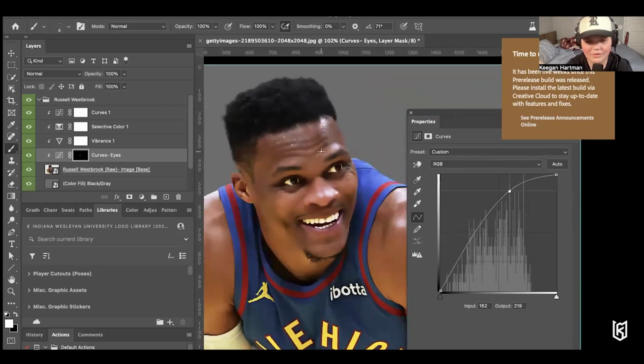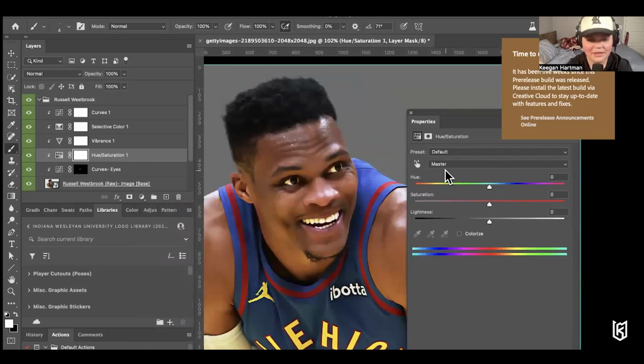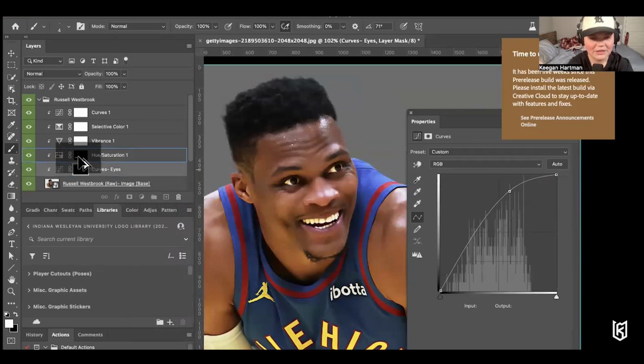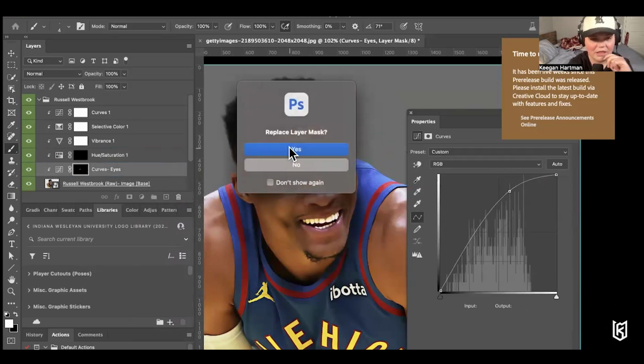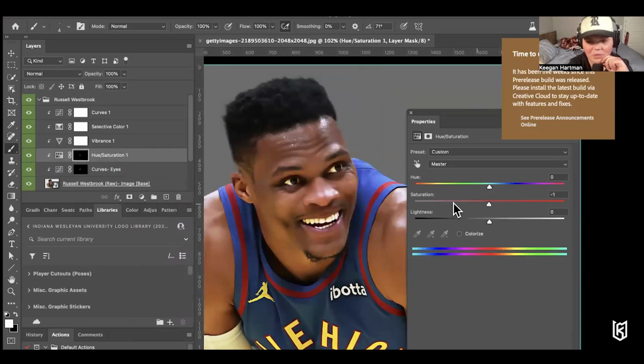So Rust definitely looks weird with just the curves layer added, but fear not, we're going to add in the hue and saturation layer. We're going to go Command I for the hue and saturation mask. We're going to Option click, left click on the mask, replace layer mask, click yes. Up to our hue and saturation, we are going to bring down the whites,